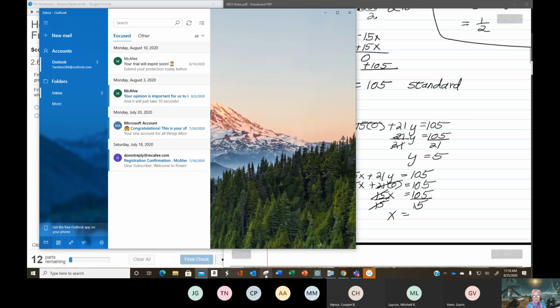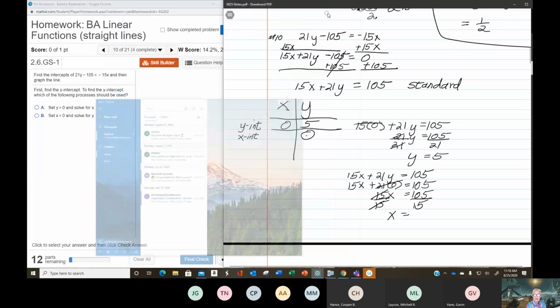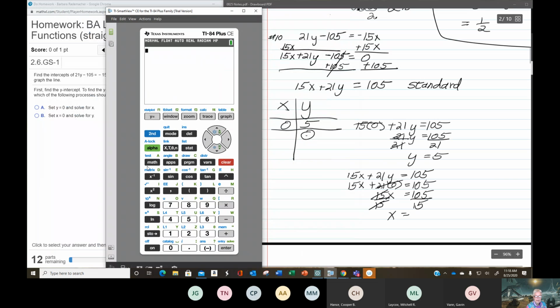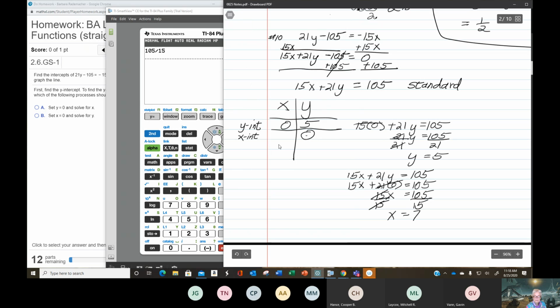I'm going to get my calculator on that one and say 105 divided by 15. 105 divided by 15 is 7. So the y-intercept is (0, 5), the x-intercept is (7, 0), and what those are,